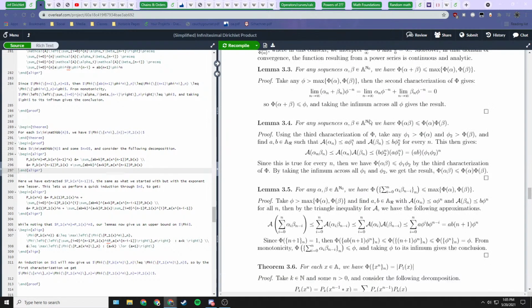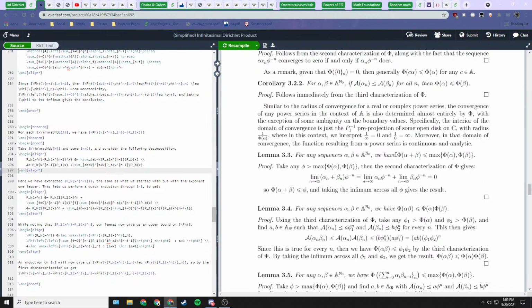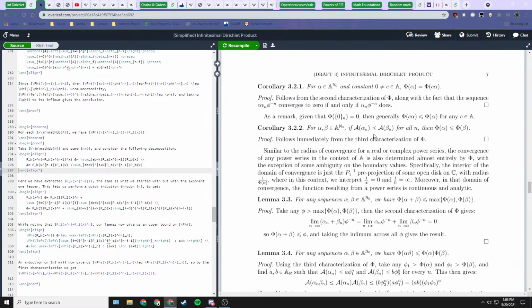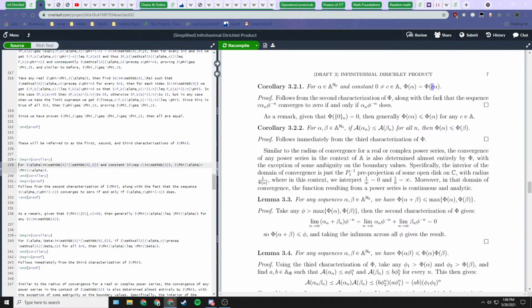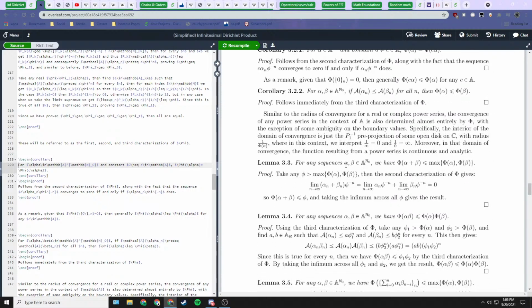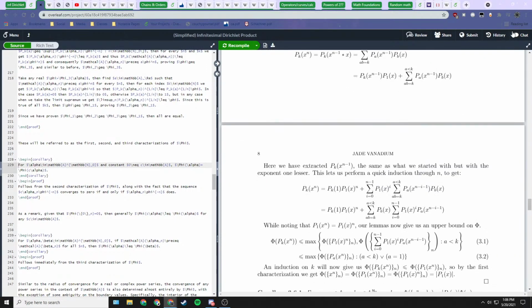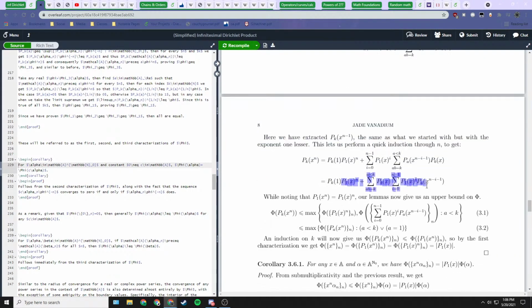Likewise, we also have, right up here, in lemma 3.3, this sub-additivity, and also in corollary 3.2.1, that if we have some constant coefficient, then the phi value is the same. So we can think of this capital phi function as being sublinear. Because it's sublinear, back down on Theorem 3.6, we have this inductive formula.